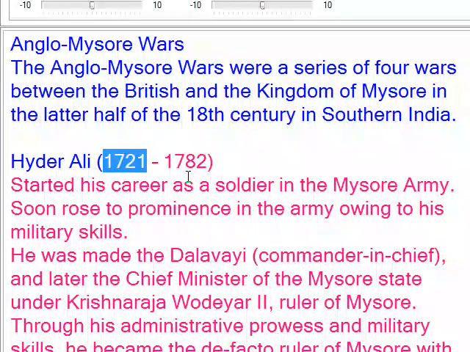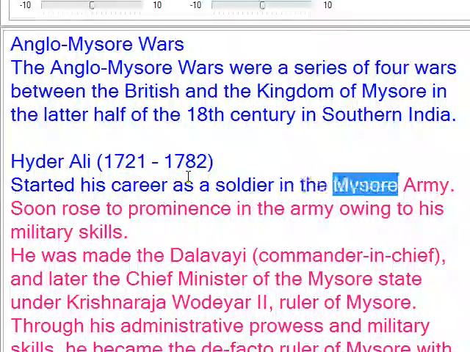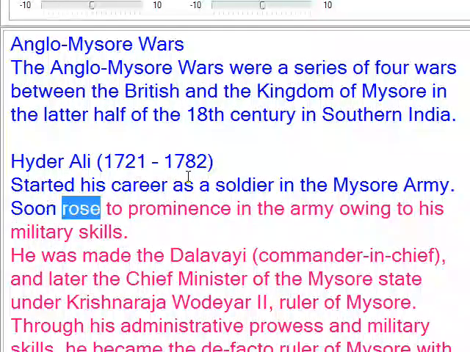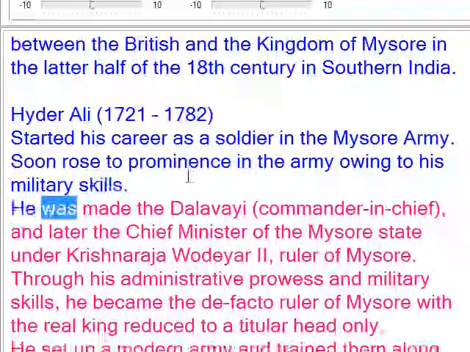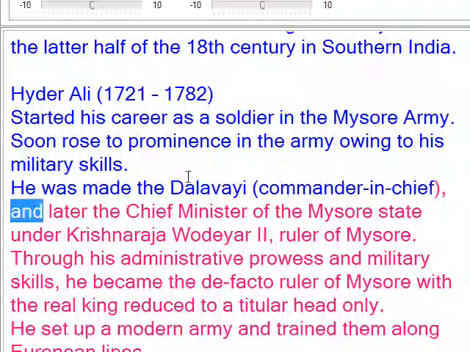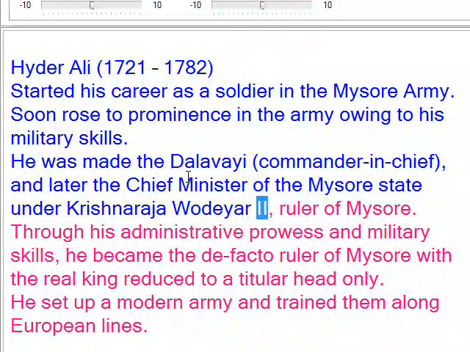Hyder Ali, 1721-1782, started his career as a soldier in the Mysore army. Soon rose to prominence in the army owing to his military skills. He was made the Dalavai, commander-in-chief, and later the chief minister of the Mysore state under Krishnaraja Wodiyar II, ruler of